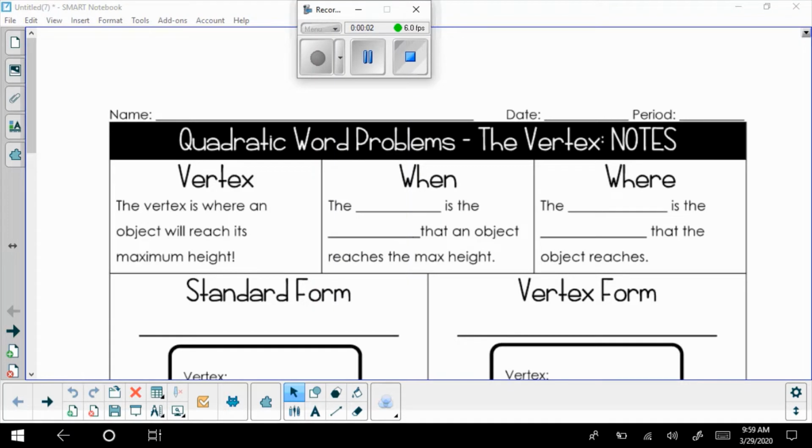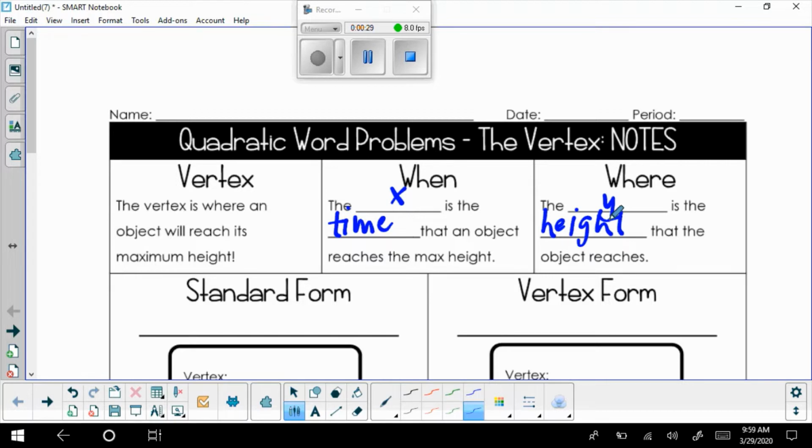Okay, so we're going to do the quadratic word problems, vertex notes. The vertex is where an object will reach its maximum height. The x is the time that an object will reach its maximum height. The y is the height